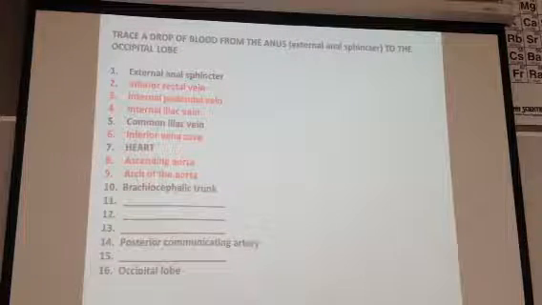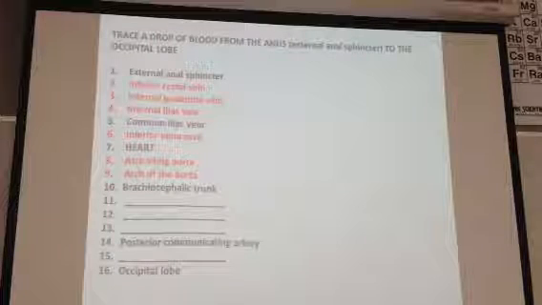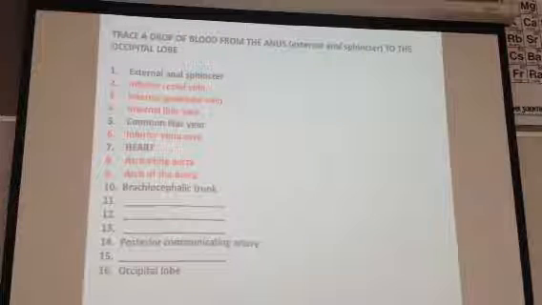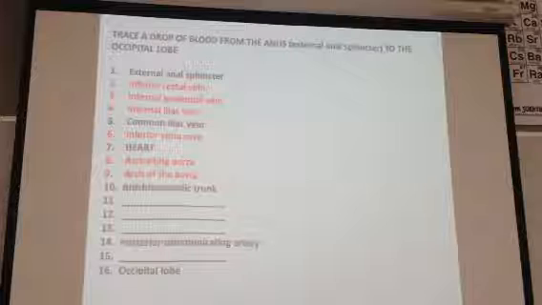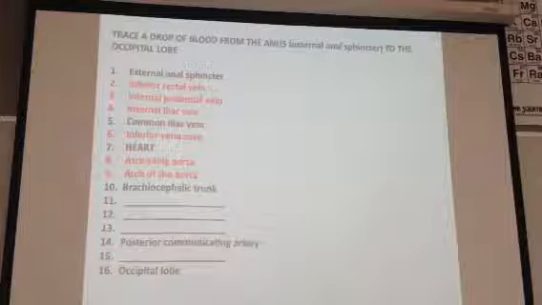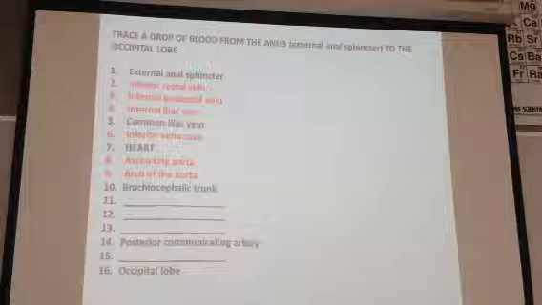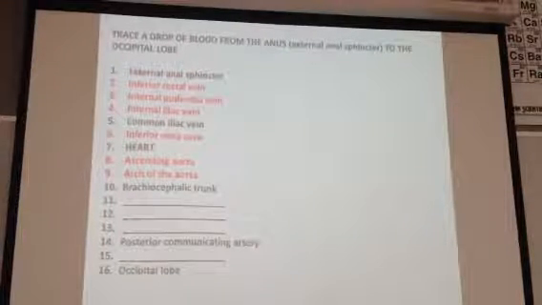aortic arch, brachiocephalic trunk, so that tells you we're going right, okay? So now we have 2 ways of getting to the brain. Internal carotid arteries and vertebral arteries. Both will take us into the brain. Right? Vertebral, so a straight shot. Because here we're looking at vertebral, basilar,